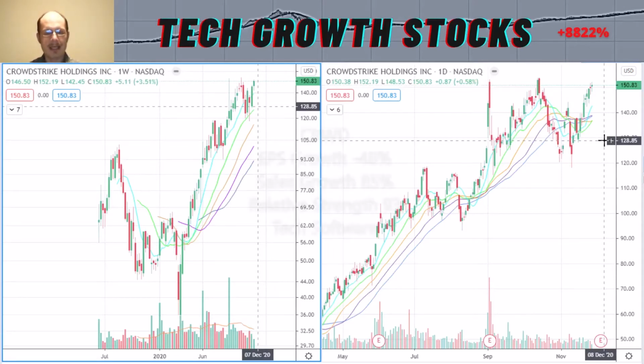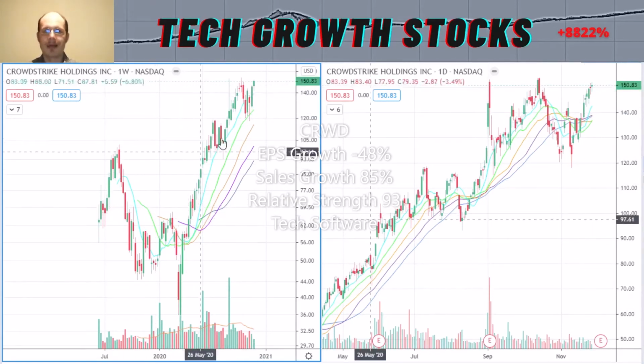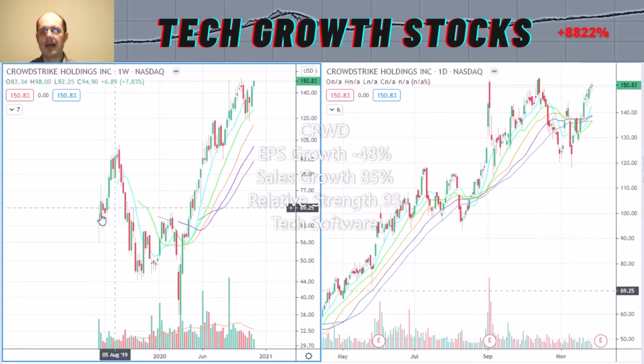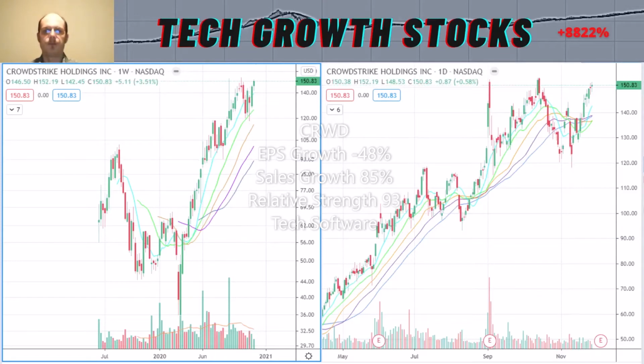CrowdStrike's growth characteristics: the EPS growth is not that strong, it's minus 48%, but the sales growth is very strong with 85%, and the relative strength rating is also good with 93, and it's in a hot sector, in the tech software sector, and it's still very early in the stock run for CrowdStrike, because it's a very young stock and it has potential, so I say, and it showed its momentum this year, so I think it's also a top momentum stock to buy. Okay, everybody, so that was it for CrowdStrike. Let's have a look at the next top momentum stock to buy, and it is